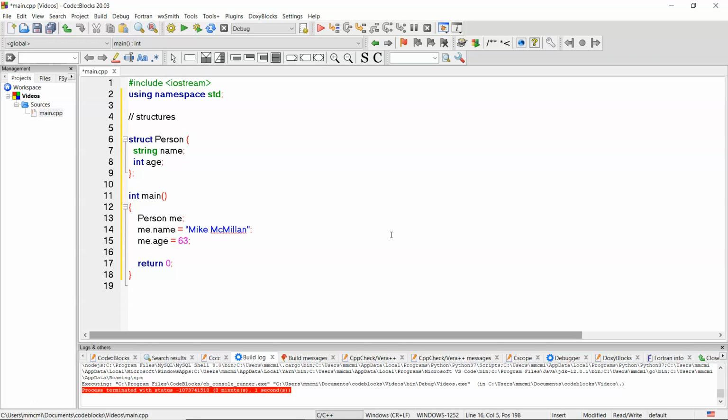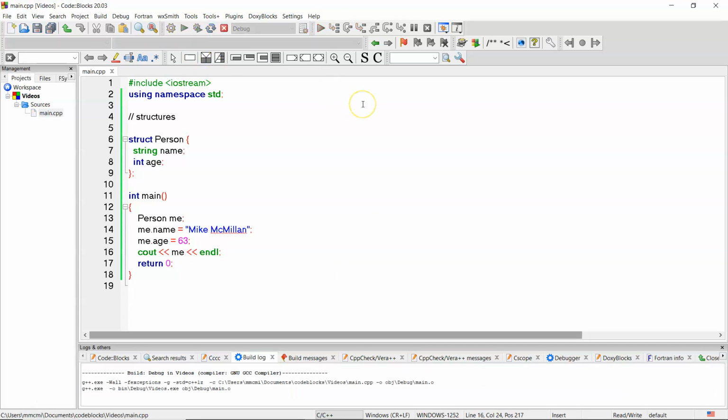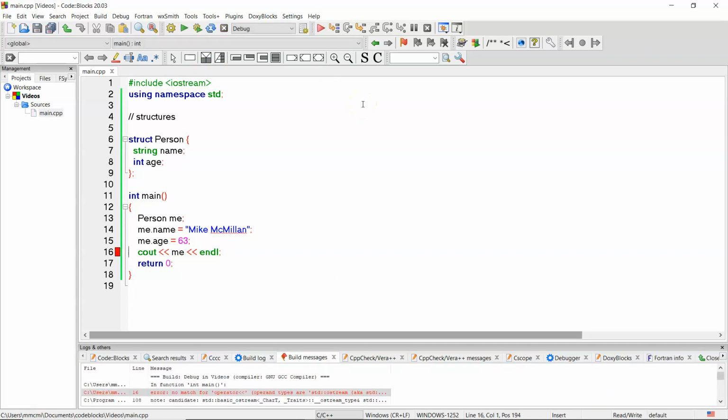Now, there's some things you can and cannot do with structures. For example, I can't just write out a structure object in the aggregate. So I can't say cout me, for example, because it doesn't really know what to do with that. So what I have to do is I have to say,